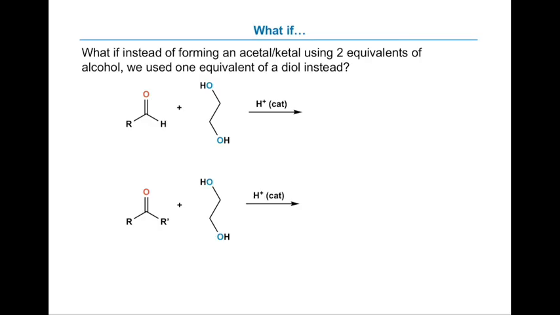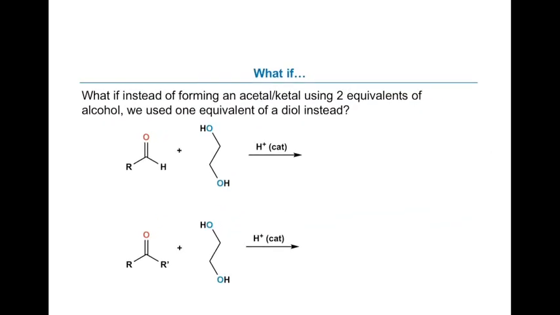You form a ketal or an acetal, right? Because what you've got in terms of makeup for making these reactions work: I need a carbonyl, check. Acid catalyst, check. And 1,2 alcohols. You've just got them both in the same molecule. This is where we get what we call cyclic